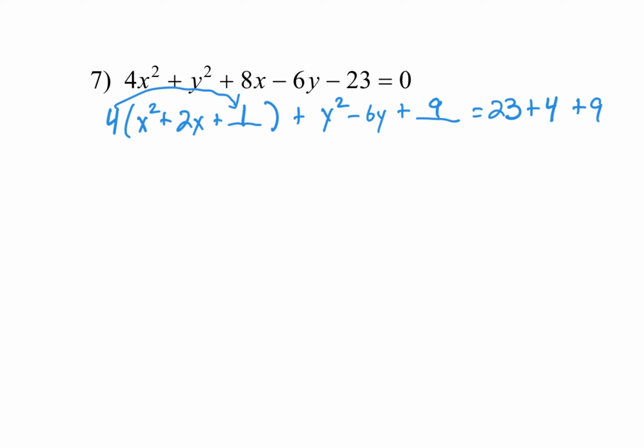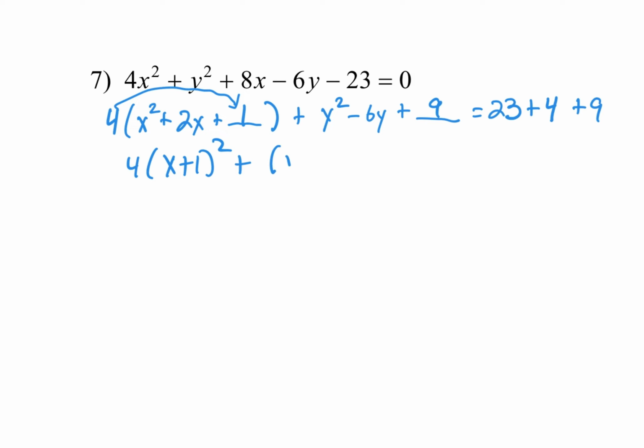Wait, I have a question. How do you get 1? Half of 2? But how do you get 2? Half of 4? Or half of 8? Half of 8, because we factored out a 4. If I factored this back in, it would be 4x squared plus 8x. And so if we factor a 4 out, this becomes x squared plus 2x. So if I factor this first part, it becomes 4 times (x plus 1) squared